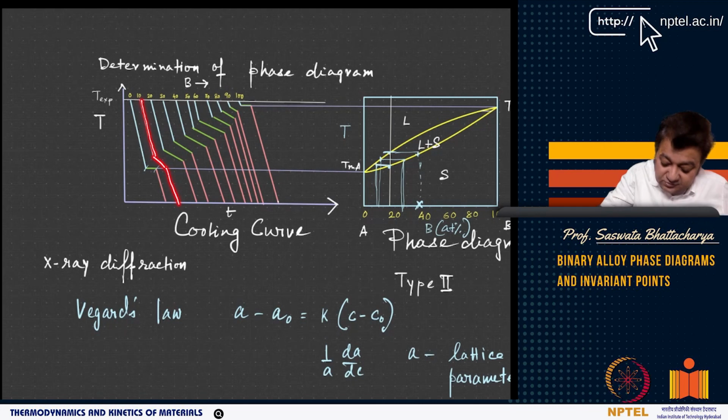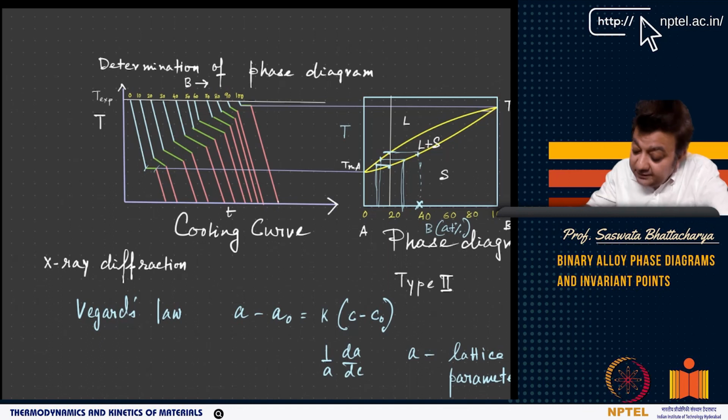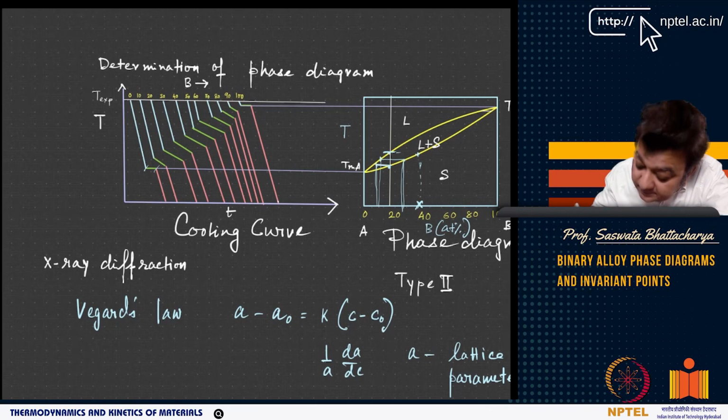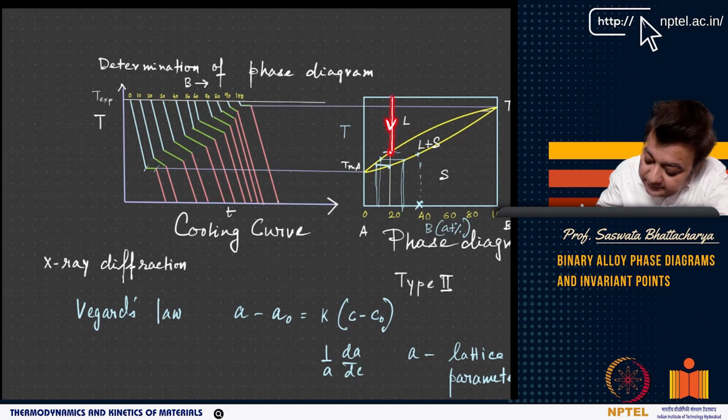Now this change in slope, why is this not horizontal? It is not horizontal because if you take one composition given by this yellow line, you see, you start your freezing here, right? You are going down the yellow line. So you're going down, down, down. And then once you are, say, for example, this is 10 atomic percent A, or 20 atomic percent A.